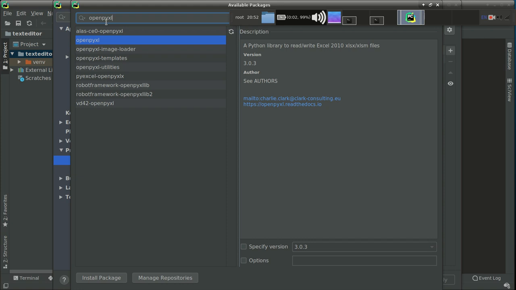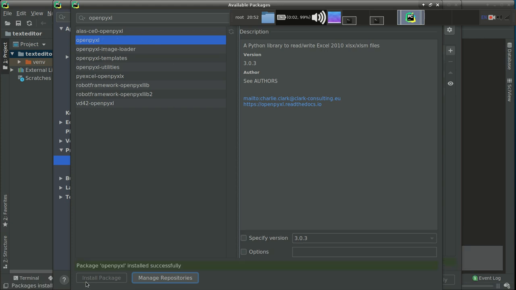We will just deal with Excel files, fetching our data from Excel files and storing our data in Excel files. That's why I am importing this library. So let's install this package. You can see it is installing. Yeah, the package is installed.